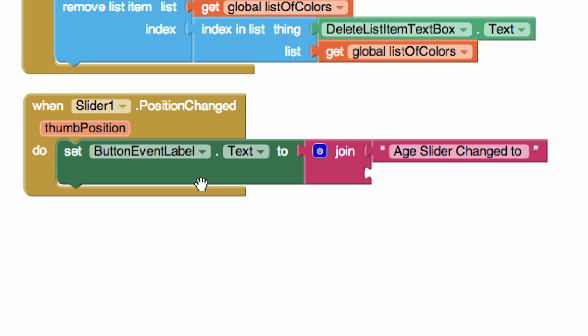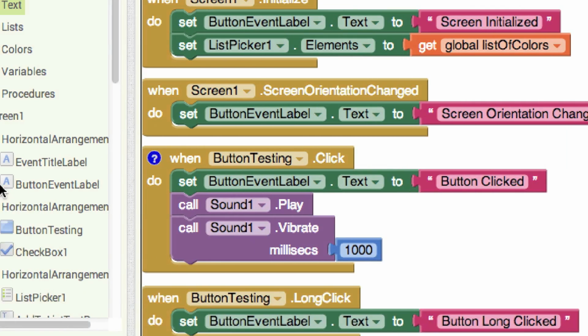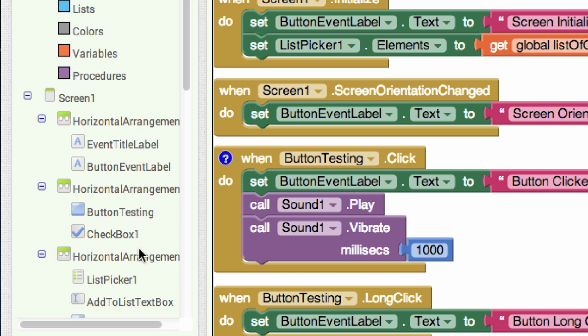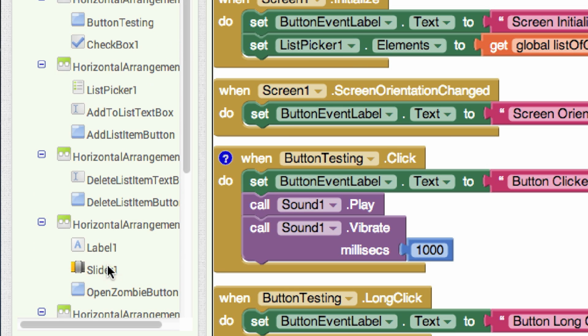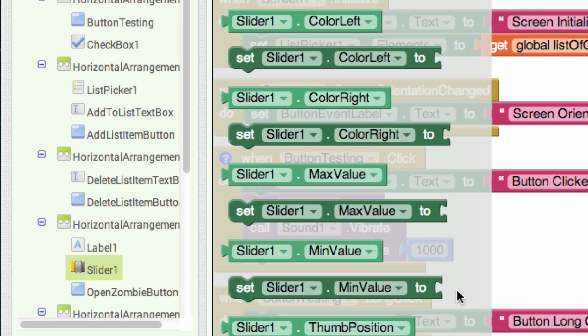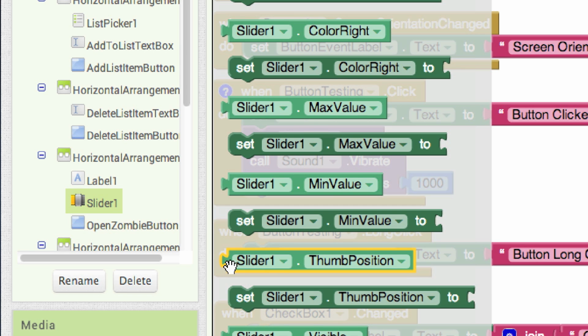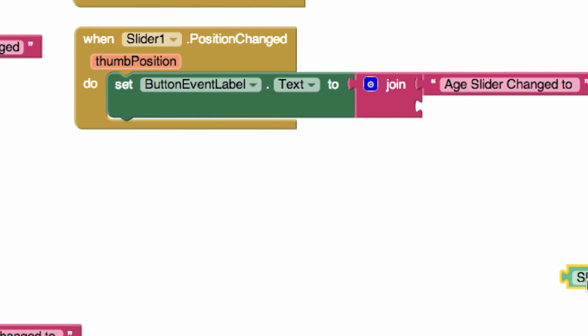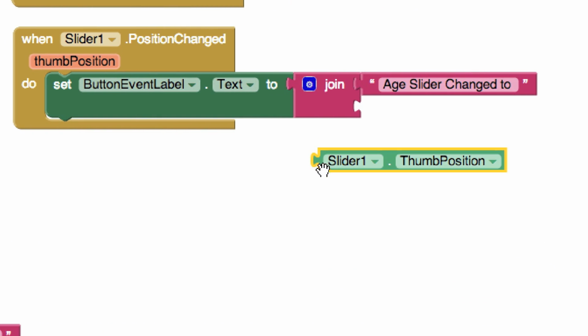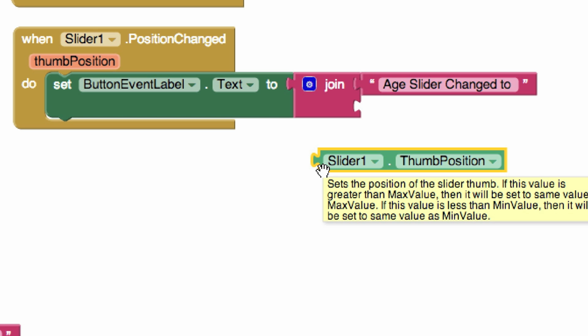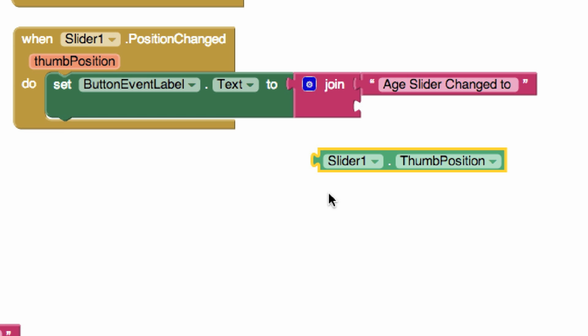So that means I'm going to have to go and get the slider component again. So where is it hiding at here? There it is. Click on that. And I need to find the thumb position, which is right here. Now the only problem with this is by default, it is going to return a fraction. Now, since most people do not think about fractions in regards to their age, that means we want to round